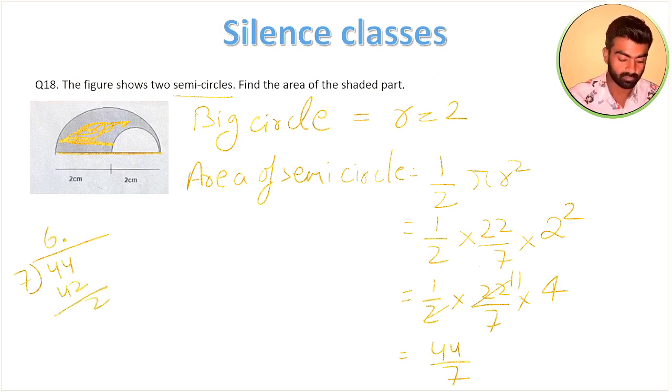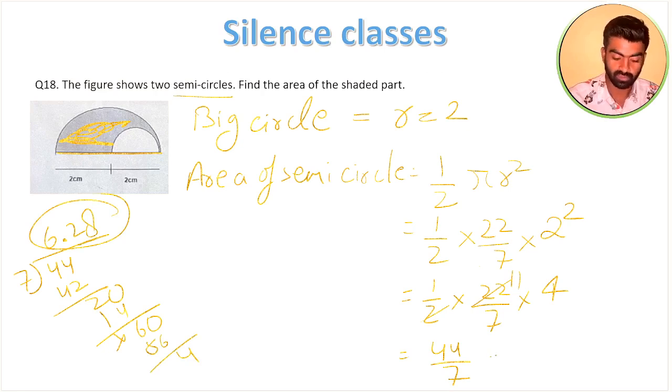We will put place 0.0, 7 to 14. Okay, now it will become 6. Okay, so I will place 0 over here. Okay, and 7 8 56, 4. Okay, so I can leave it up, okay, because we got two values after the point. So I can write it down, area is equal to